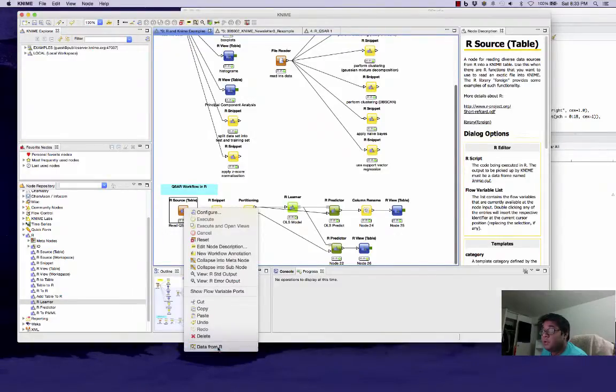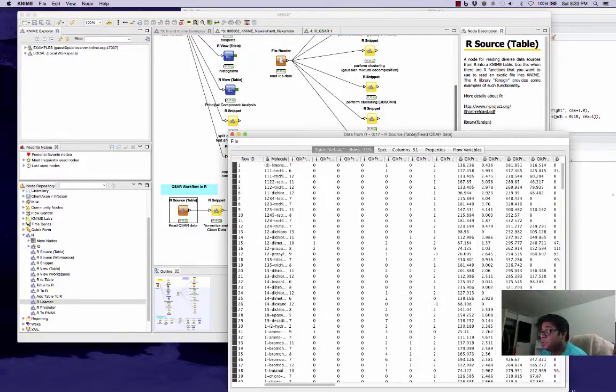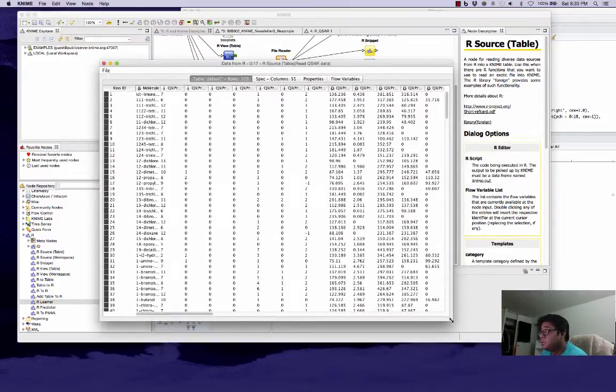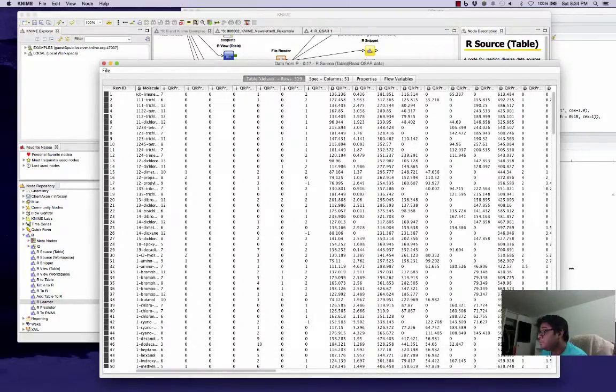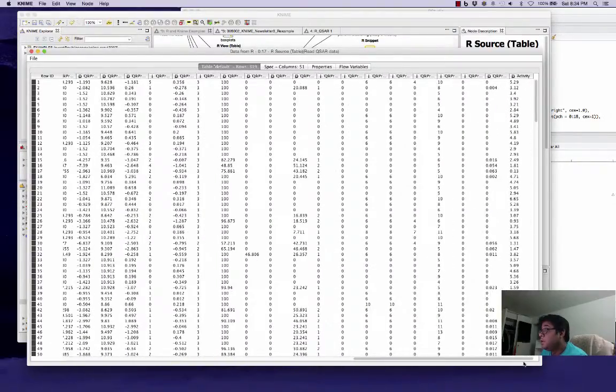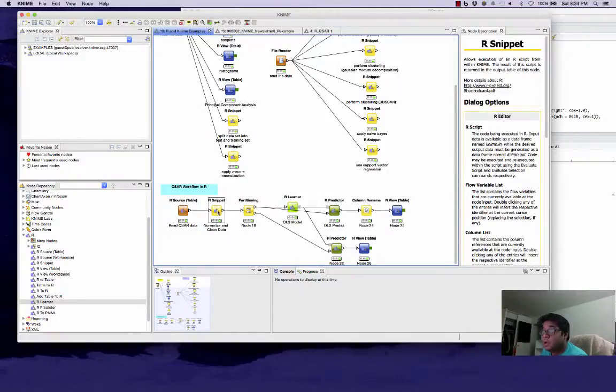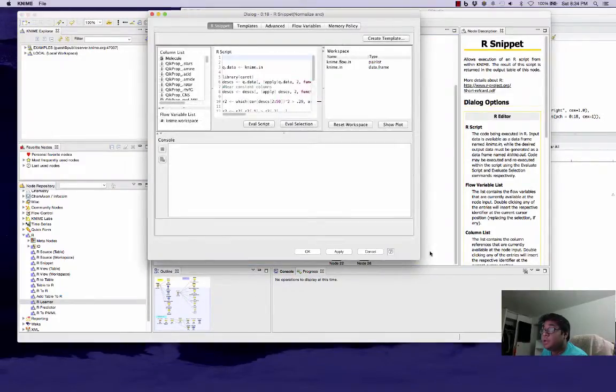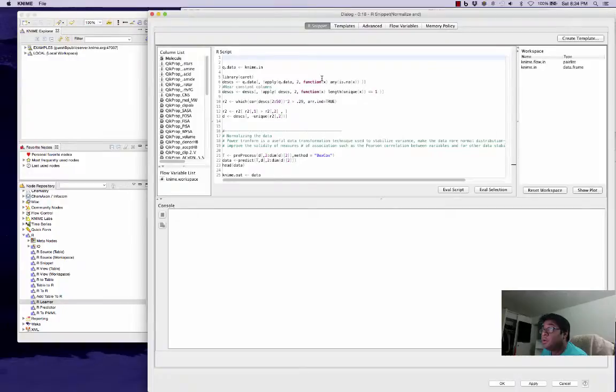So this very table shows the molecules, and these are the other properties, and the final activity column is this. Okay, so now we need to normalize and clean the data. For normalization,